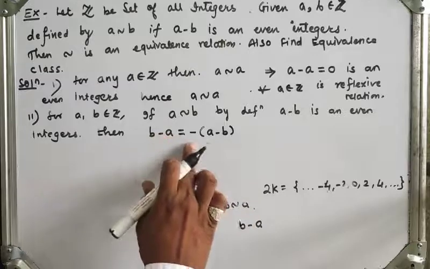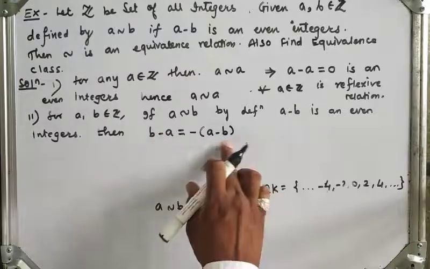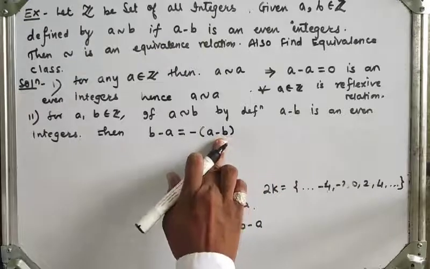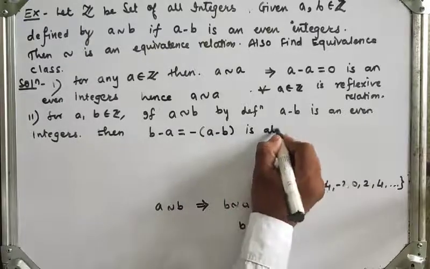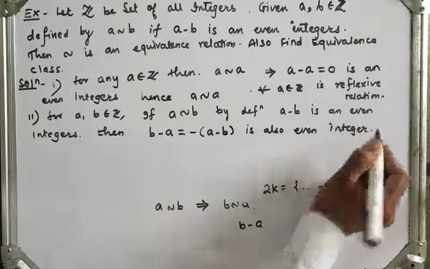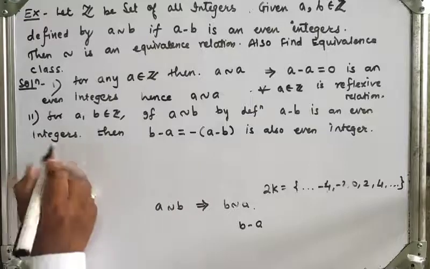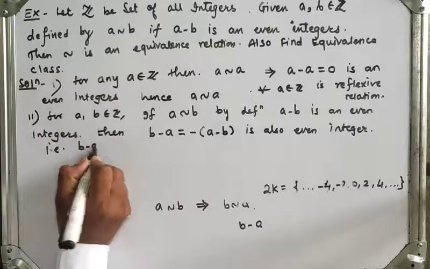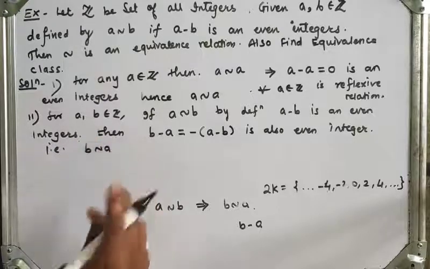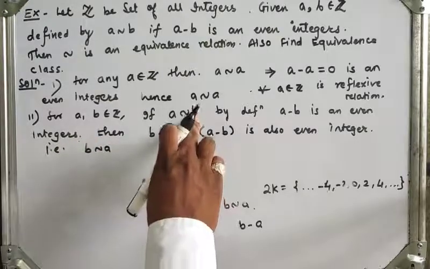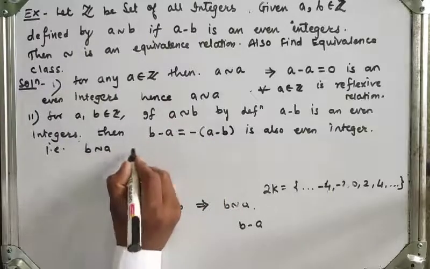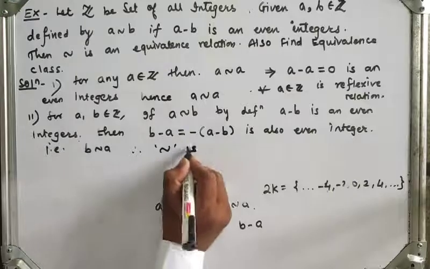So I write B minus A is equal to minus of A minus B, and A minus B is even, so minus of A minus B is again an even integer. Therefore B minus A is also an even integer. That is, B is equivalent to A, where we had A equivalent to B, and that is what we get here, B is equivalent to A, therefore